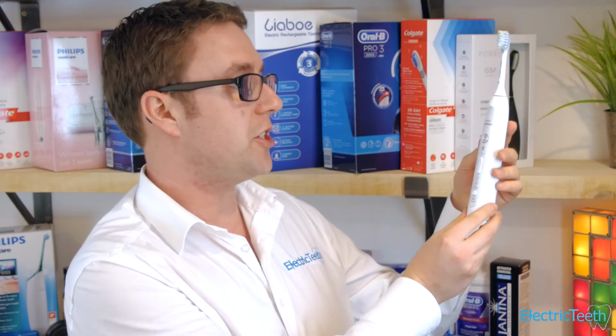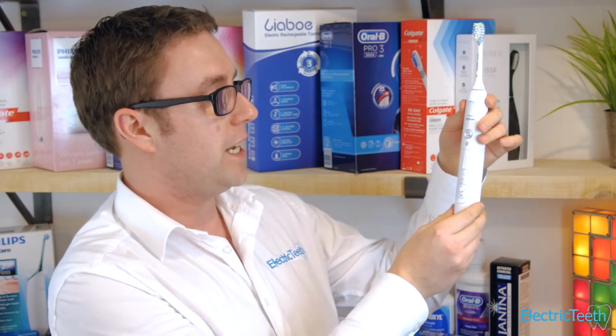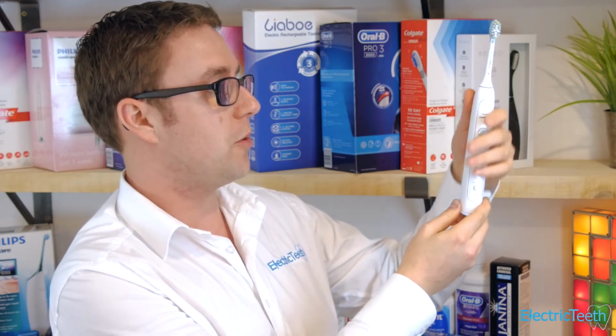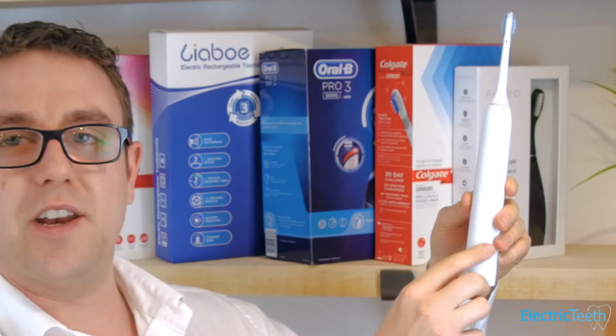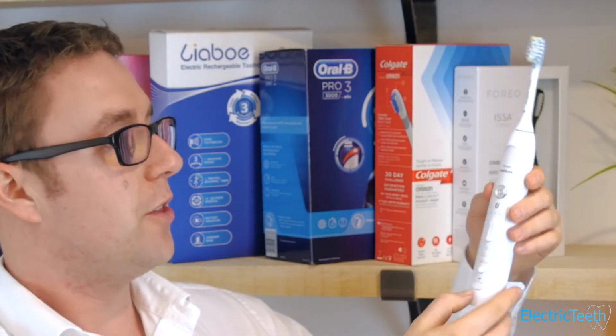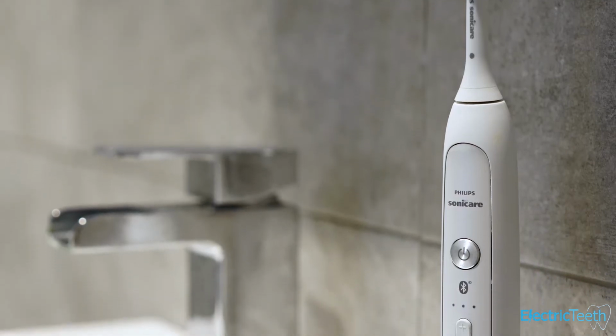So Sonicare build good quality electric toothbrushes and this is no exception. It feels solid, it feels well built, it's got a premium look to it, nice weight, nice construction. The back of the white brush handle here is a whole series of raised dots that make it nice and easy to grip. The front of the brush handle is a little bit busy, but it's quite clear and easy